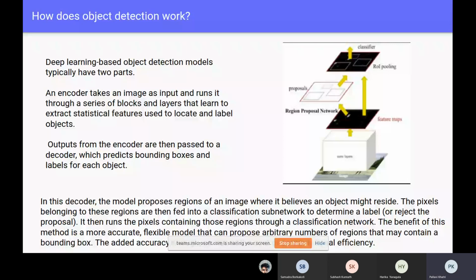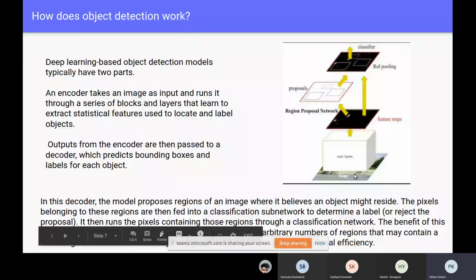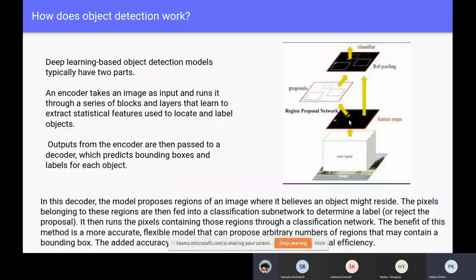Now there are again some three to four kinds of approaches within deep learning. In the image on the right hand side, there are some convolutional layers. They extract some features, then they propose some regions, like in this image, these are the regions where my object might exist. Then those proposals are fed to a subnetwork.